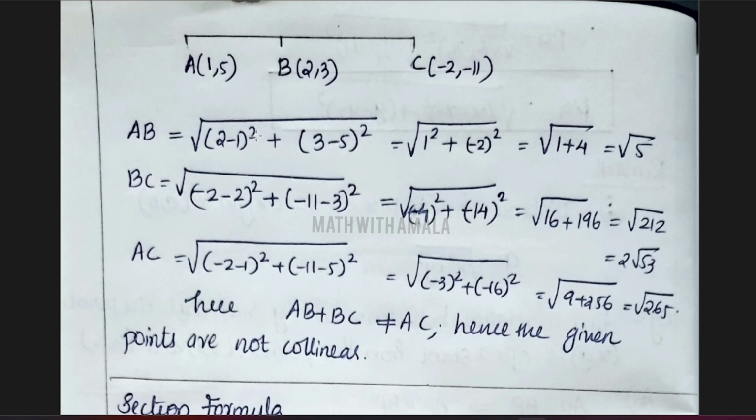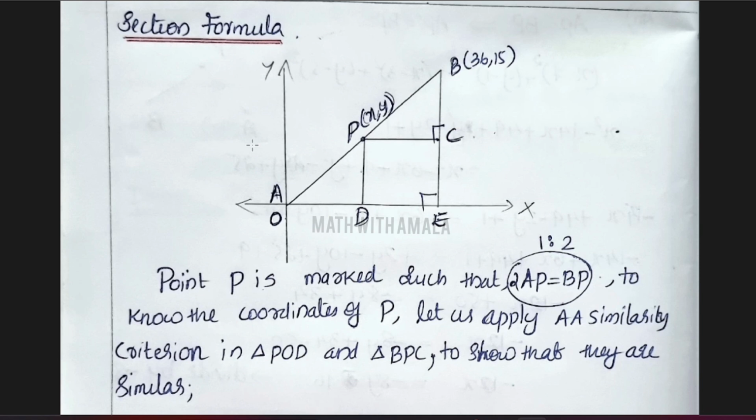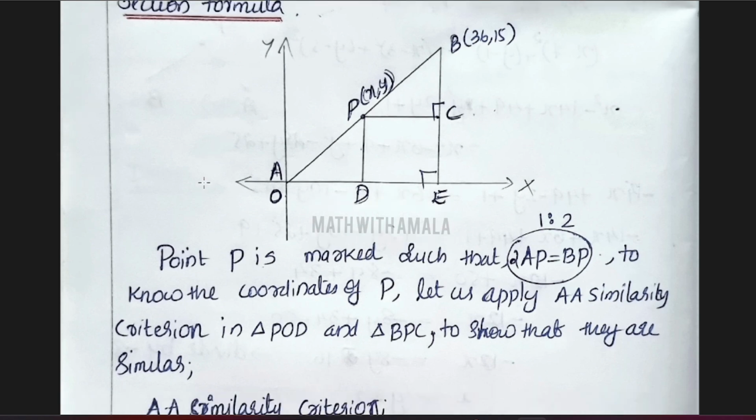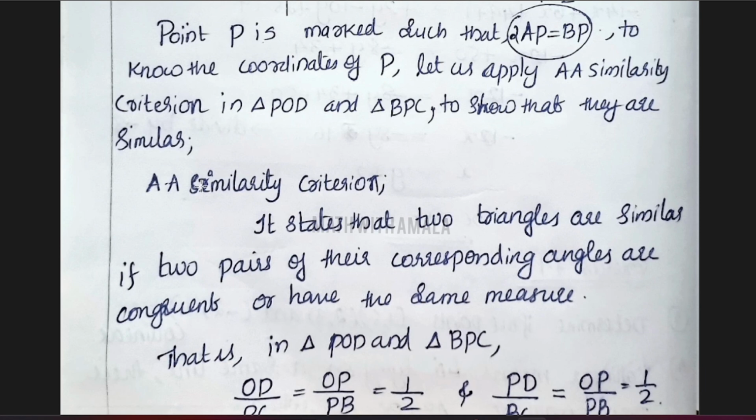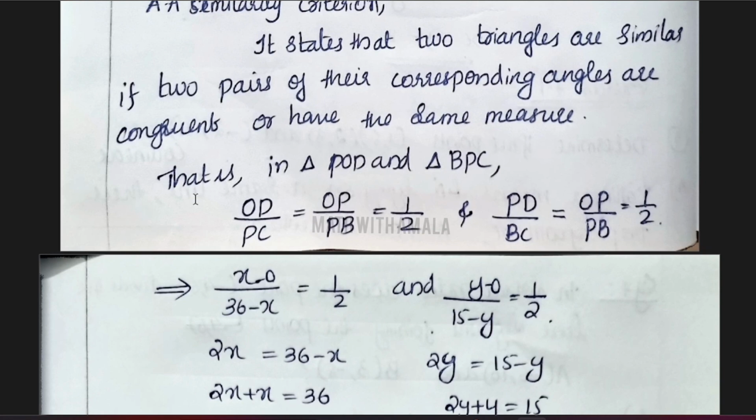Now let's move to the next section, which is the section formula. This is to calculate the distance when there is a cutting in between two lines. Let's take point P marked such that 2AP equal to BP. To know the coordinates of P, let us apply AA similarity, that is the angle-angle similarity criterion. The criterion states that two triangles are similar if two pairs of their corresponding angles are congruent or have the